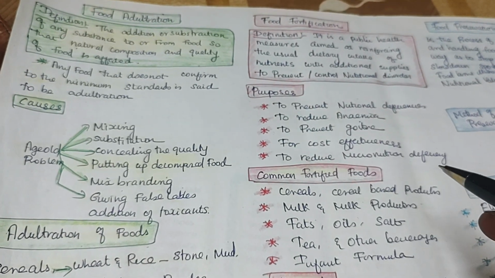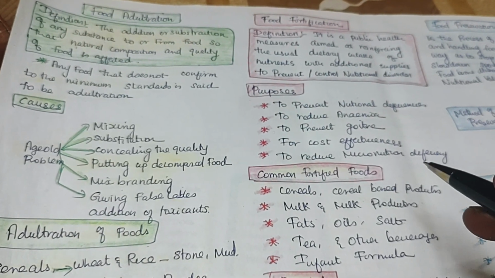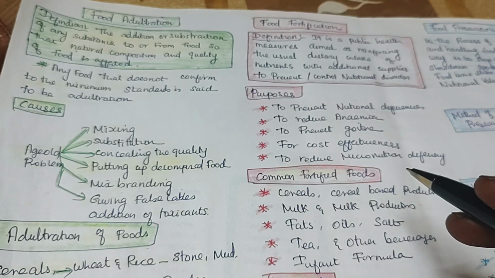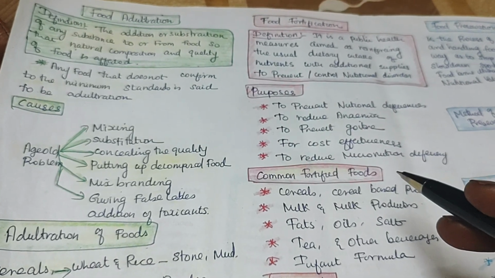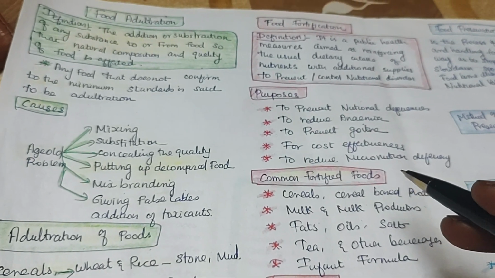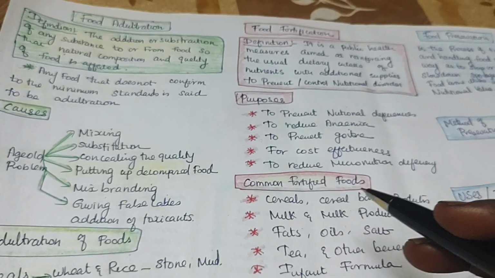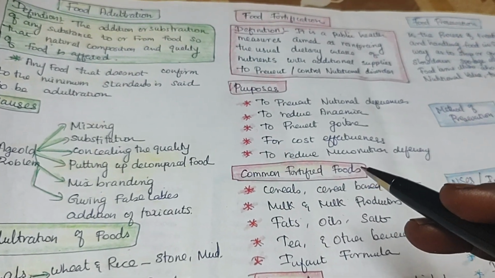Let's see about food adulteration. Food: we get our sources of food mainly from animal and plant sources. We are always taking food commercially. So, food adulteration for making money, some of the